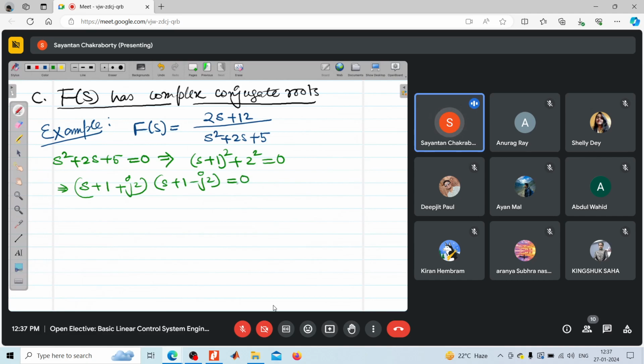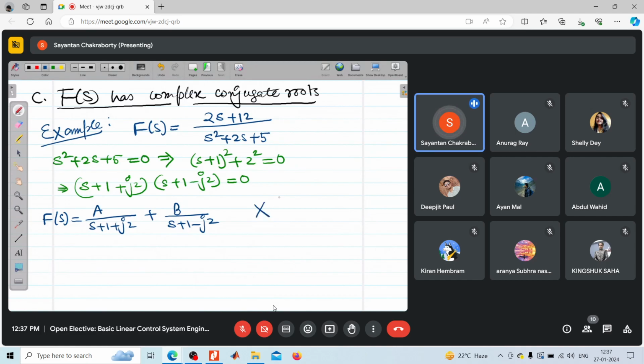Now the common practice is, if you now factorize this fs as a by s plus 1 j2 plus b by s plus 1 minus j2, it may be tempting, you may be tempted to follow like this, but I'll recommend you do not follow this